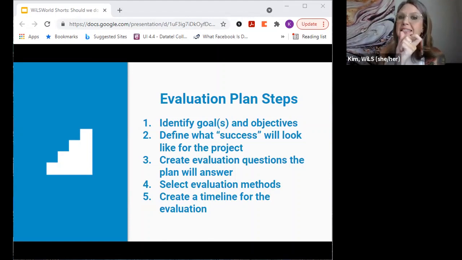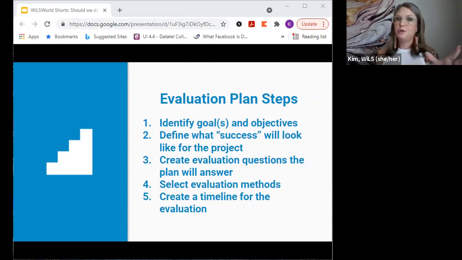Objectives are going to be really tight statements about the results that you plan to achieve. So the emphasis here is on being as specific as possible. Think who, what, where, when, how. All objectives should relate directly back to that goal as clearly as possible. And I want to emphasize here with objectives how important measurability is. In other words, how can you assess or evaluate that objective in reality? What data would you need to determine if this objective was achieved or not? You want to actually stop and ask yourself with each question you identify, how would we get this information? Would it be possible to get this information?